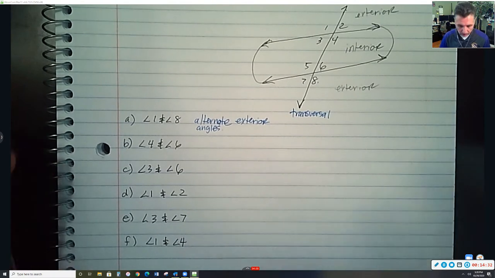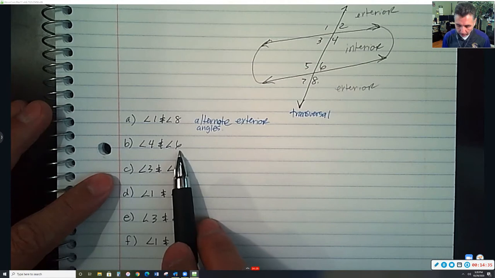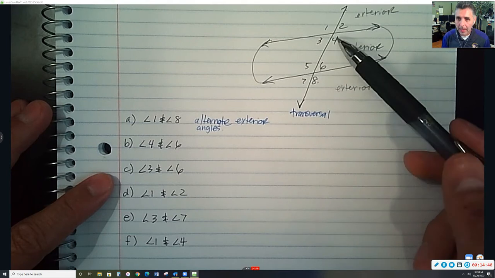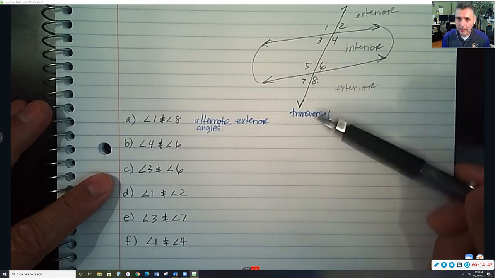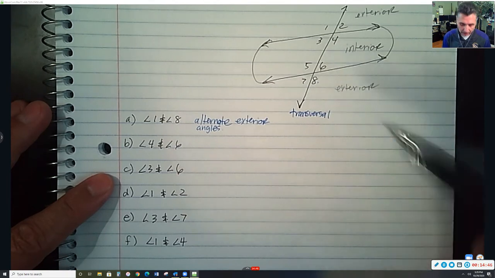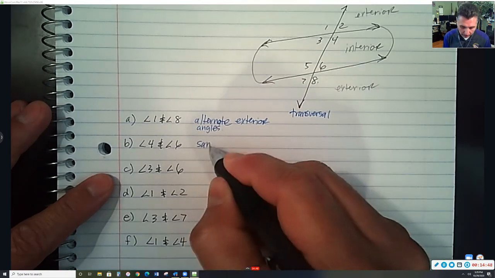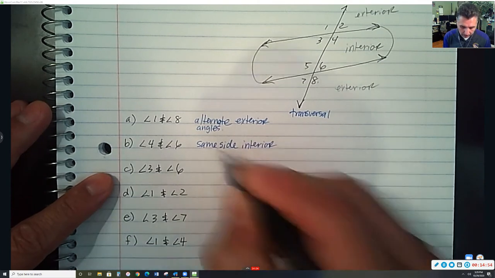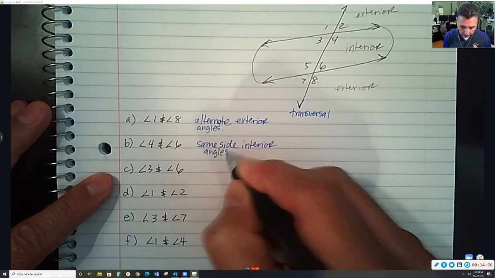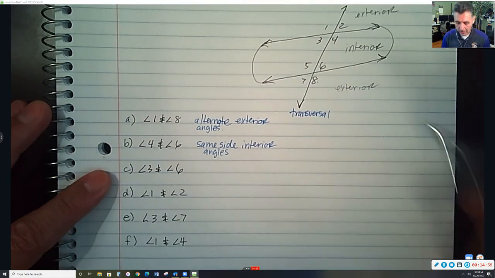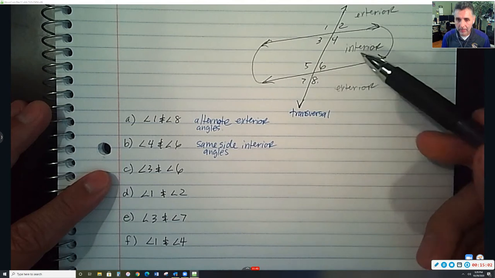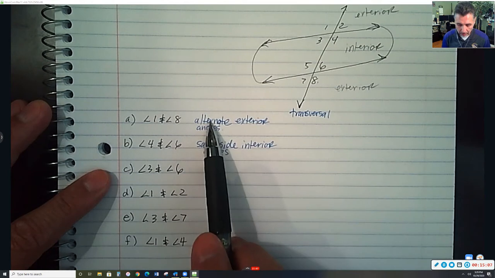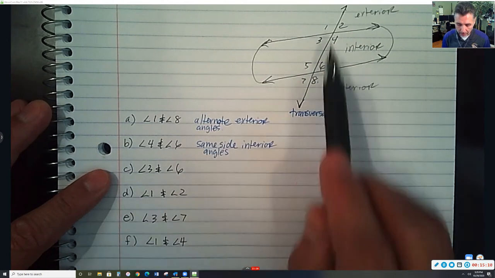Okay, so let's go with angles 4 and 6. If you look at 4 and 6, they're both interior, and they're on the same side of the transversal. 4 is on the right side, 6 is on the right side. So this guy would be same side interior angles. Okay, they're on the same side of the transversal and they're interior. Too bad this one isn't like opposite exterior because they're on opposite sides. Anyway,